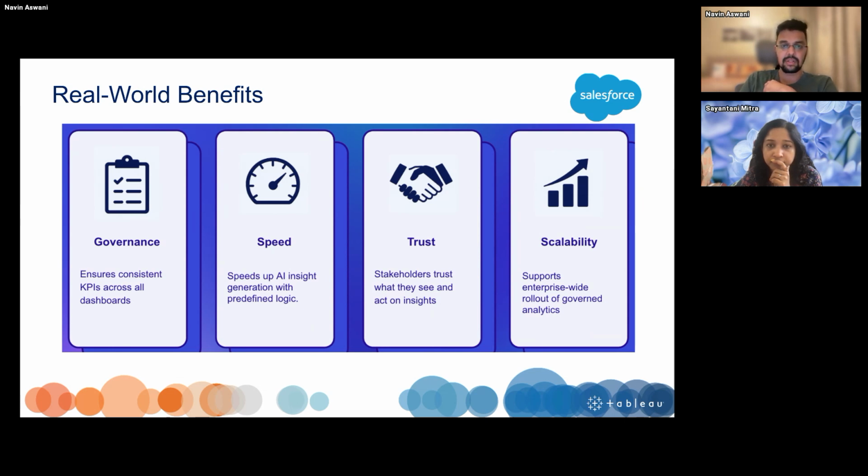So that's where it will establish the trust on the data that we share or the actions that we take after the data has been transformed, or whatever insights we are getting. Scalability. It supports the enterprise-wide rollout of governed analytics. So the product is scalable enough and it would be having more speed in future as well.